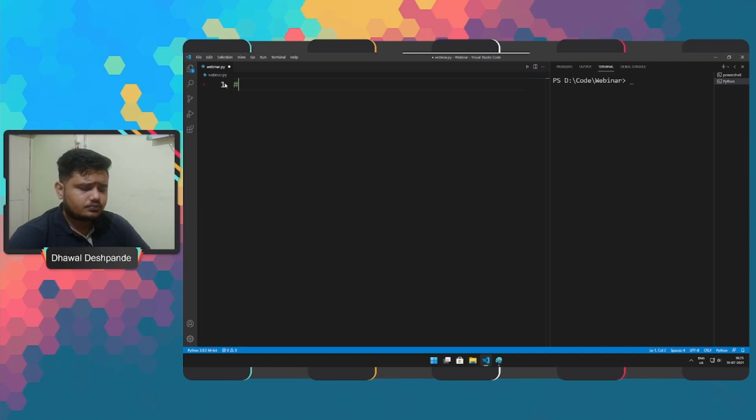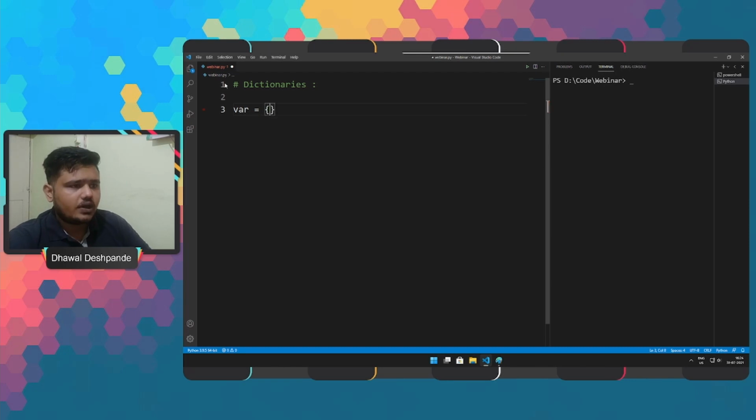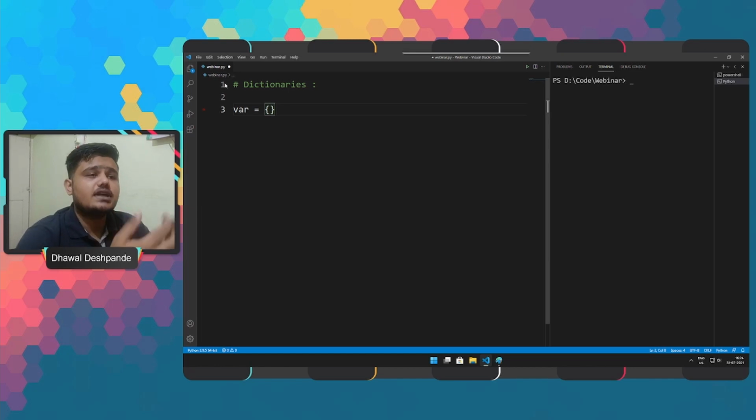We'll quickly check the syntax for dictionary. What we'll do is we'll provide a variable and we will go ahead and assign the values. However, here we have to keep in mind that the values are assigned in a pair, a key value pair.